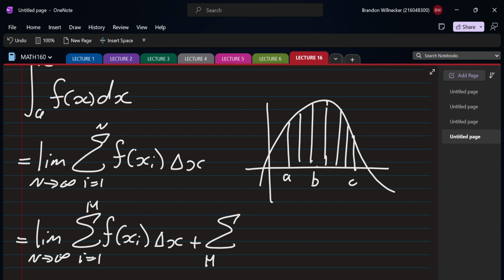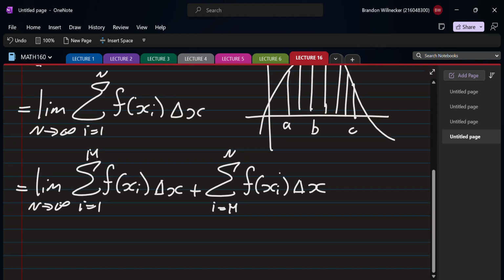Okay, plus the sum from i equals m to n, f of x_i delta x. Now m here is just a constant. That is the position of whatever that middle rectangle will be, wherever this b should be. So we've got the limit as n goes to infinity,